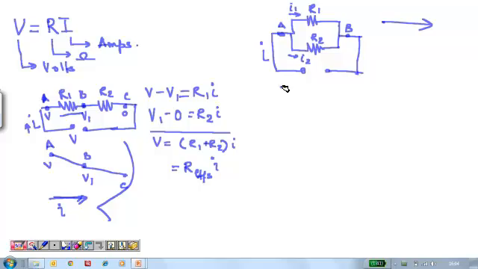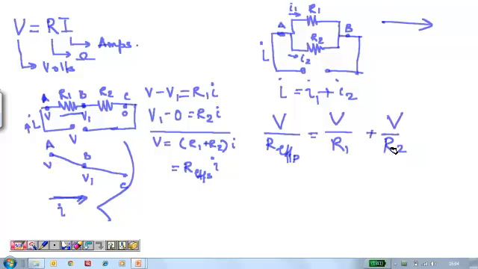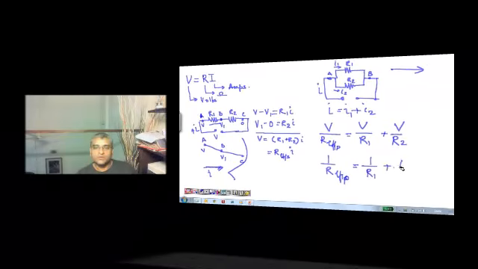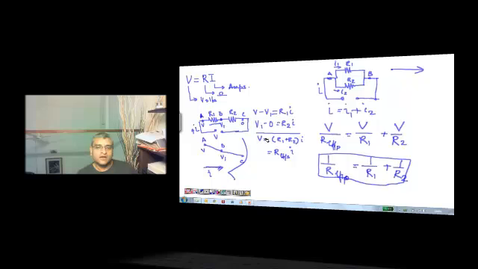So we apply that I is equal to I1 plus I2. I can be written as V upon R effective for parallel circuits, which is equal to V upon R1 plus V upon R2. Then we come up with the other formula, which is 1 upon R effective parallel is equal to 1 upon R1 plus 1 upon R2. So this is one formula, and the other formula is here. What we will now show you is how to use these two basic